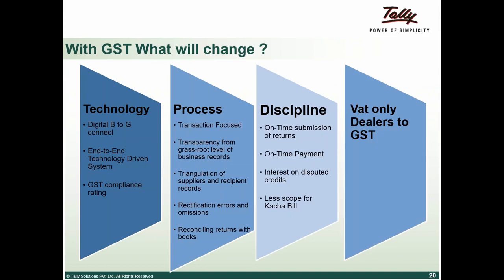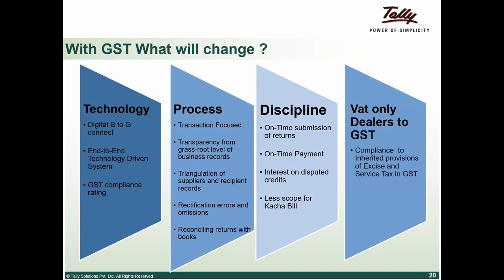And what is one major change that is going to happen for the VAT-only dealer? Like if you see, since the VAT exemption limit is ranging between 5 to 25 lakhs across the country, right? And excise, the threshold limit being 1.5 crore. Even if I'm a manufacturer, if my annual turnover is less than 1.5 crore, I will not be registered under excise. But then my turnover will exceed the threshold limit of any given state, then I will be a VAT dealer. Right. So today under GST, majority of the VAT dealers will now get